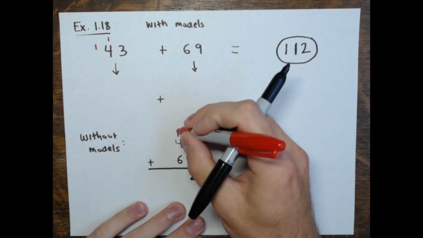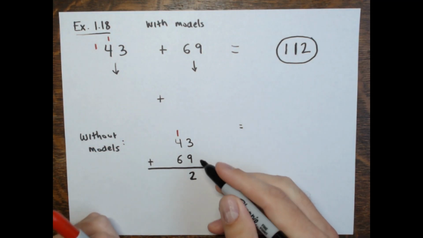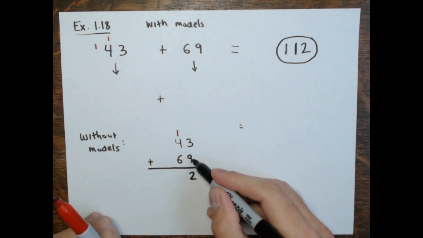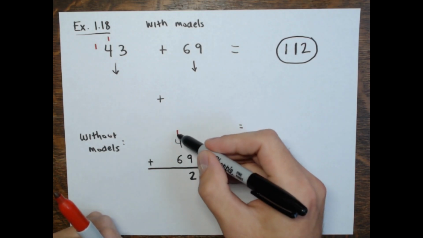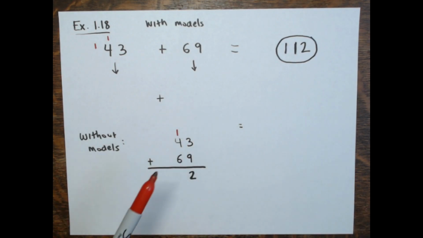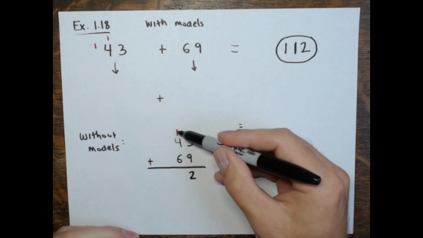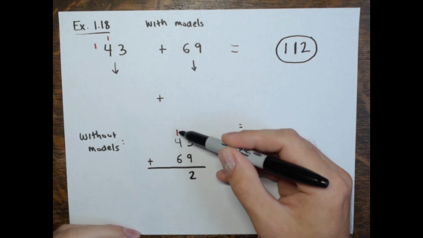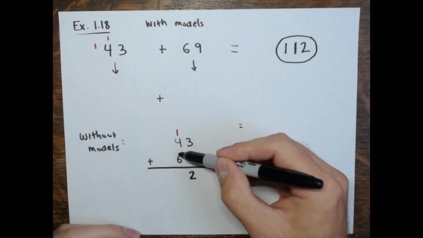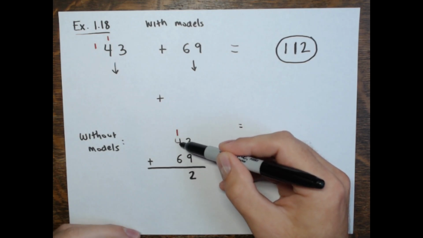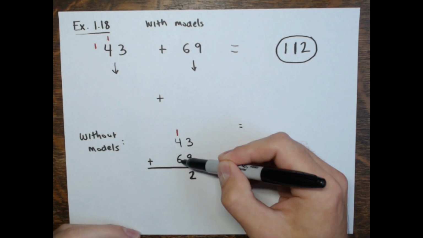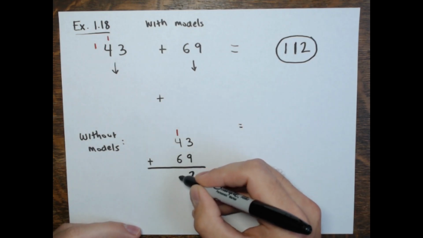So this is the carrying part. 3 plus 9 is 12, but 12 is 2 ones and 1 ten. So I move a 1 over to the tens place. Then we add up all the tens digits. 1 plus 4 is 5, plus 6 is 11, or 10 plus 1 is 11. So again, 11